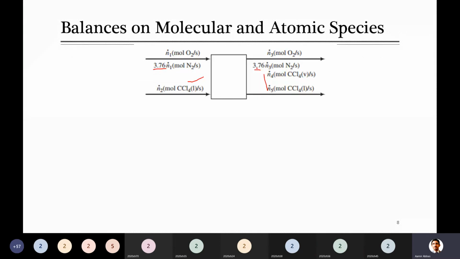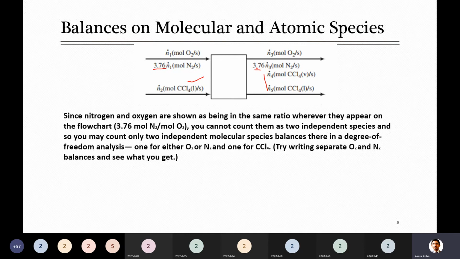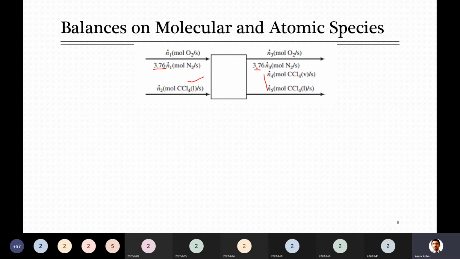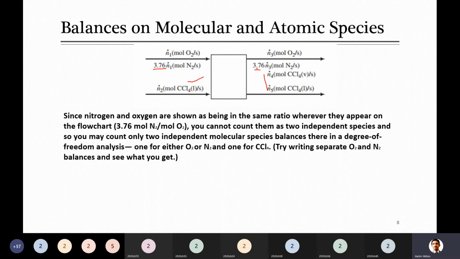This is somehow similar to the stuff which you already talked about. The same thing is mentioned here in the discussion. Just read it later, please. I have explained here that overall you write the three balances, but out of those, the first two are dependent on each other, and the third one is the only independent one. So overall you will get two equations.